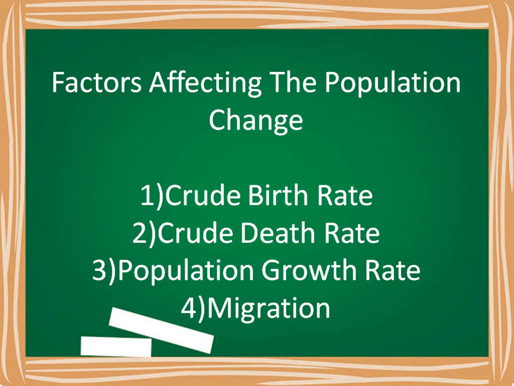Crude death rate. Death rate or crude death rate refers to the number of deaths per 1,000 people in a given geographical area in a year. In sub-Saharan Africa and Southeast Asian countries, death rate is high between the age group of 0 to 5 years. In some of the developed countries, death rate is high due to high number of people in the old age group. So friends, we have completed with crude death rate.